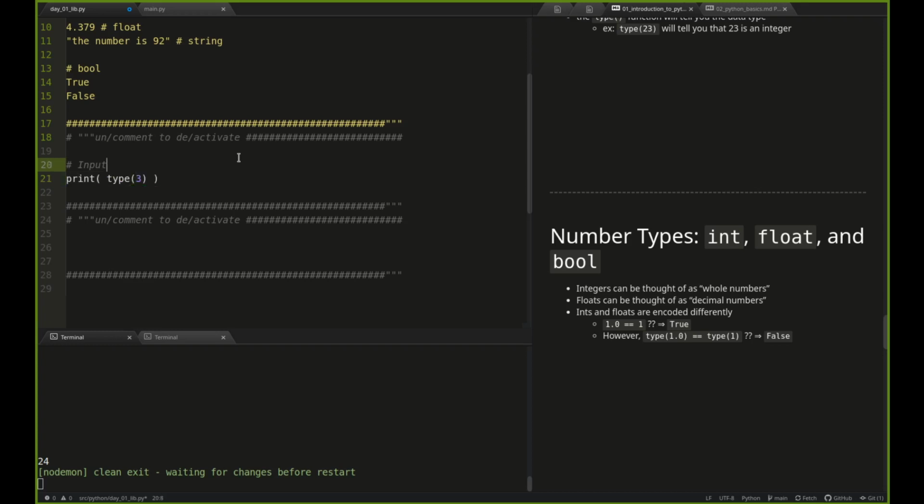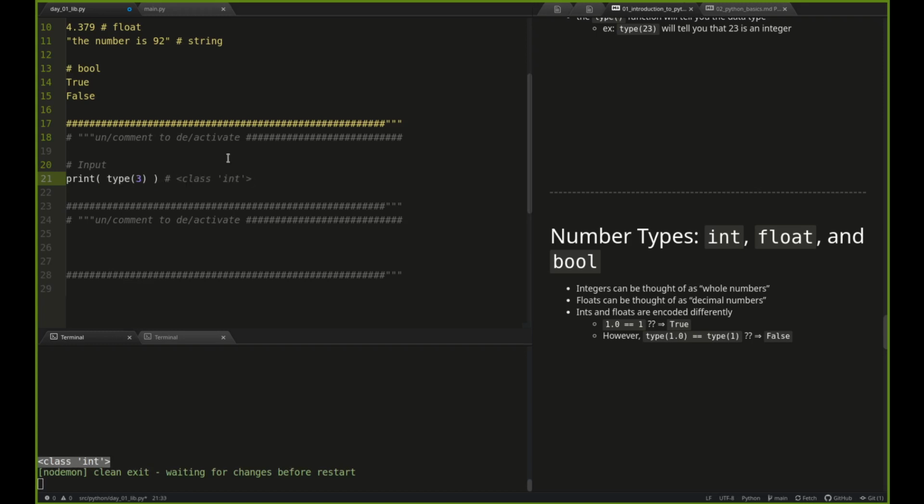You will use them all the time for the rest of your Python career, print and type. Okay, so print and type. So type is a function. It takes a single argument. The type of its argument is any type, and it simply just returns the type of that argument, and it returns the type in this funny little